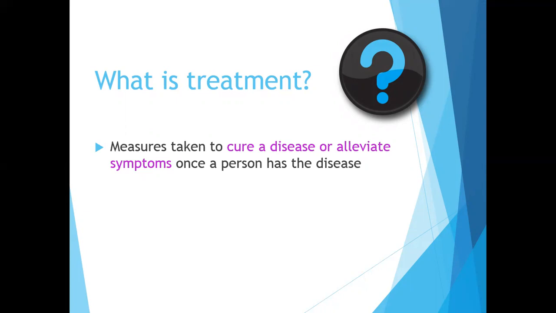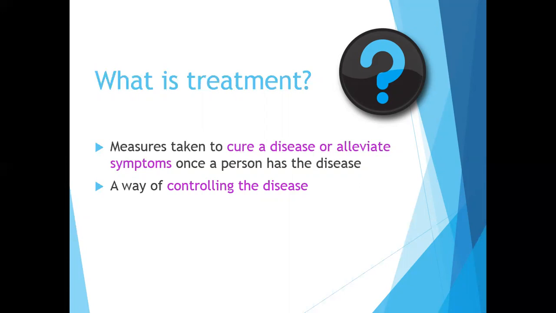To cure a disease means to kill the pathogen that's inside the body. Alleviate symptoms means to make this person feel well again, so no more diarrhea, no more stomach ache, no more fever. So to alleviate the symptoms or to cure a disease, it is a way of controlling the disease. Why? Because we are focusing on the infected person. Remember, prevention is focusing on the uninfected person so that they don't get the bacteria. Control is focusing on the infected person, making sure they get well, making sure the pathogens are killed in the body, making sure they don't pass